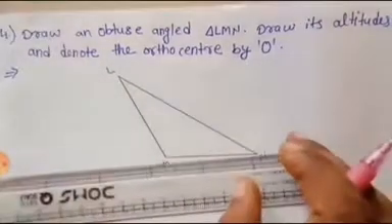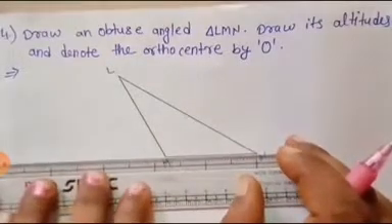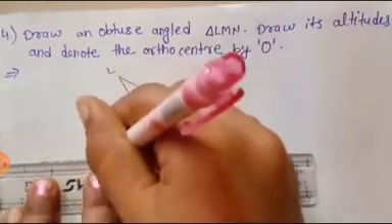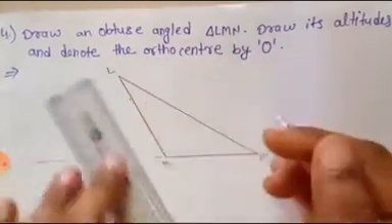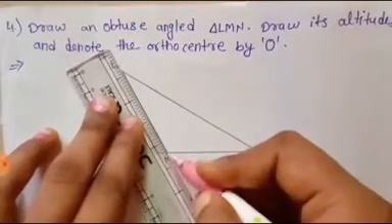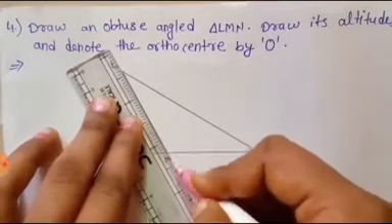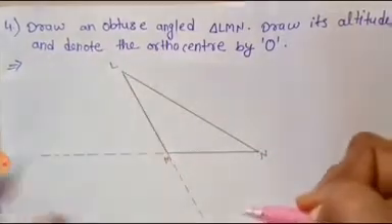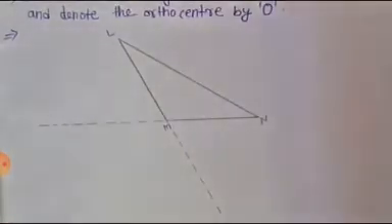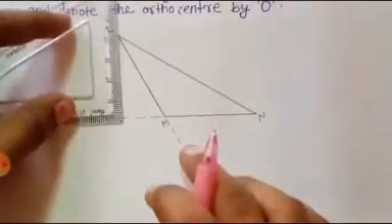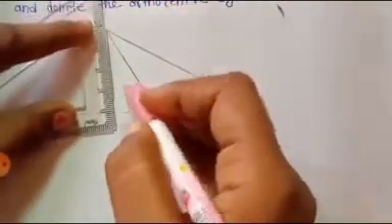Now, an altitude always makes 90 degrees and is always straight. Altitude means height. In mathematical language, height is called altitude. So how can we draw an altitude in an obtuse angle triangle? First of all, students, we will extend the segments LM and MN. I have extended them. Now set your set square on point L and